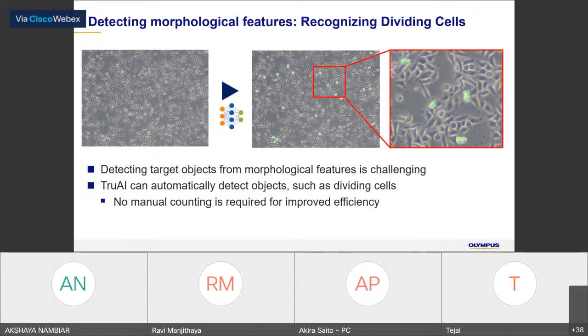I think I got the question now. How far does the intensity of the object play a role in training the neural network?